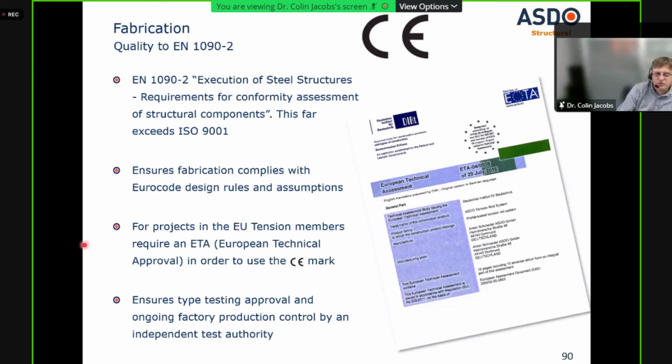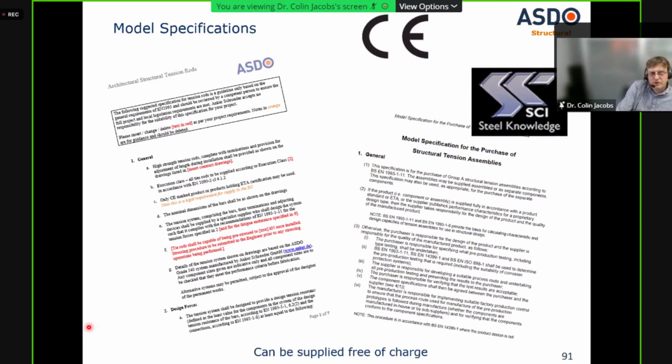So it can be a very useful document if you're doing some complex structures. And there's also some model specifications which may help you out there. We have our own one. It's a generic one. It may have ASU at the top, but it's a generic giving you the best practices